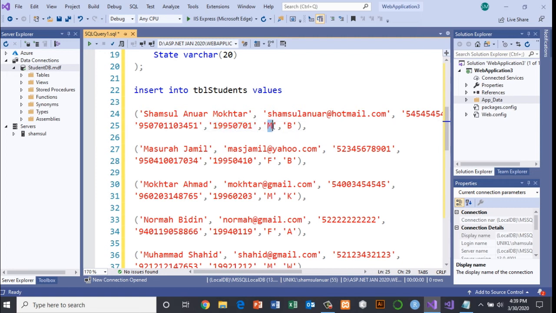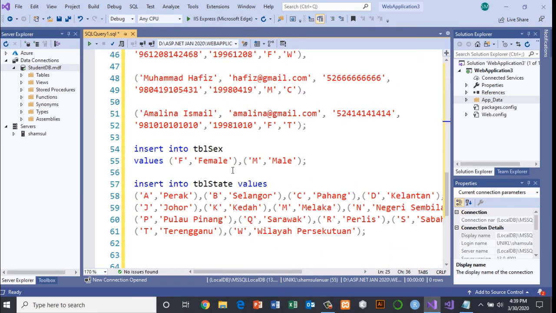Now this is the male or female. This is M, and this is the state code. Now I can actually add several rows of data by separating them using a comma. So these are the TBL students. Similarly, we have TBL sex. We have only 2 rows of data.